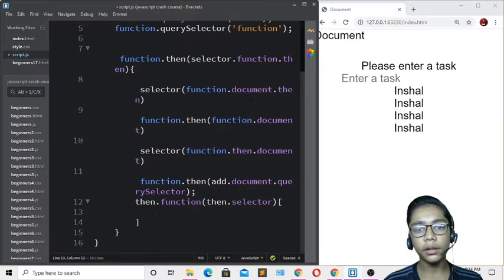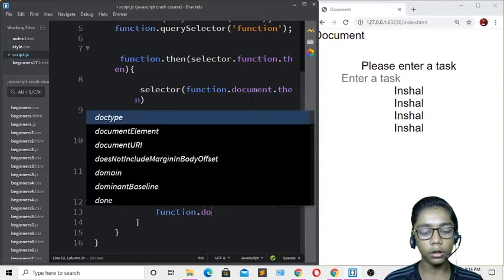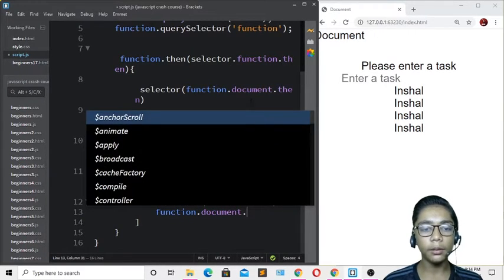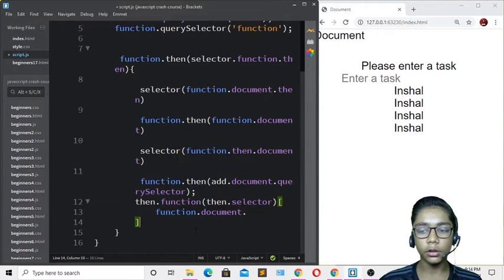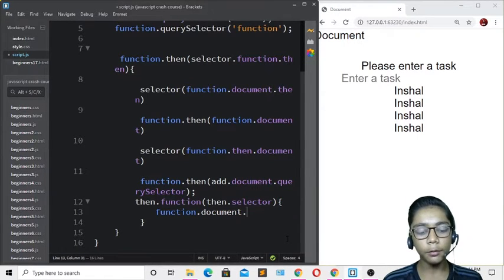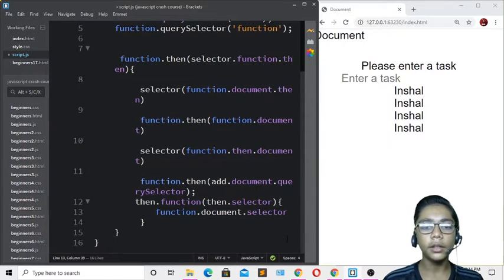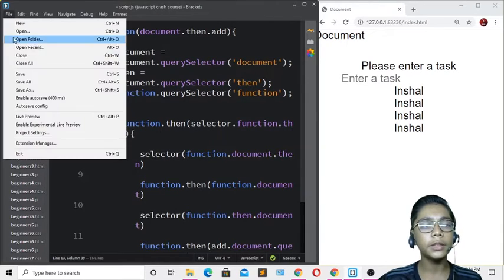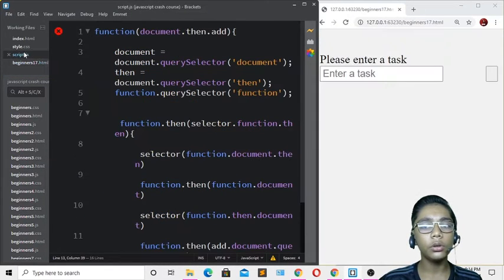I will be coming underneath that again. I'll be writing function dot document right over here, and changing it to curly brackets now. When you define all these, I'll also change it to curly brackets. Now here you have to write selector. We have done till over here, and you can see we have defined all these things. Now I will hit save, and if I show you, it will look like that.